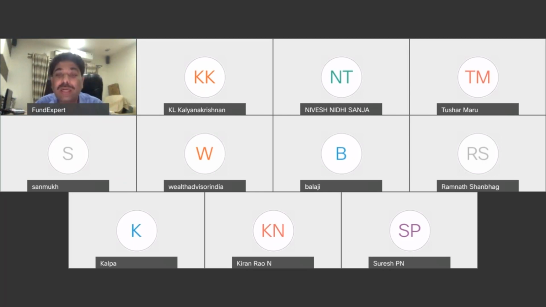Current account. See, the name of the investor and the name of the current account should be the same. That's the only requirement. If he is investing for a proprietorship firm, then open a proprietorship account. Means you register a proprietorship account, investor ID, because the name of the bank account and the name of the investor should tally.